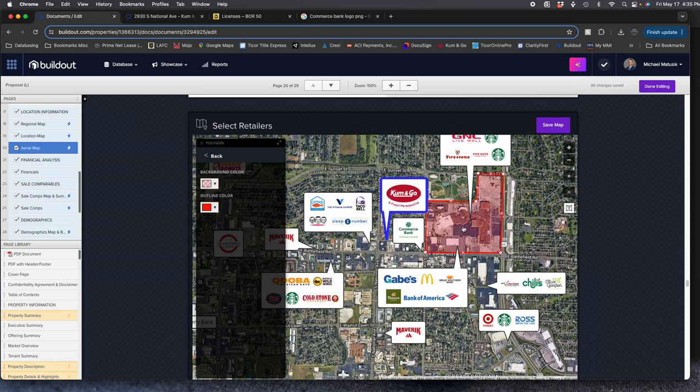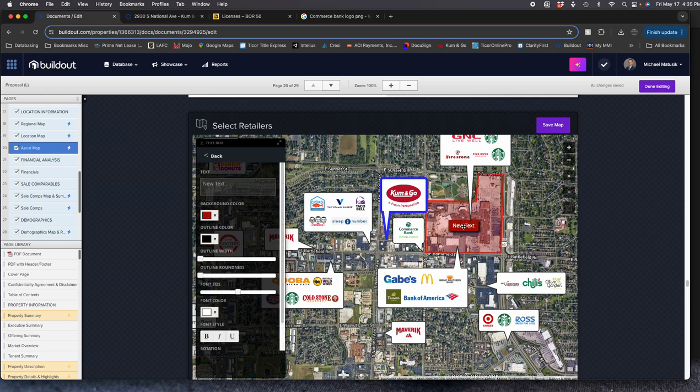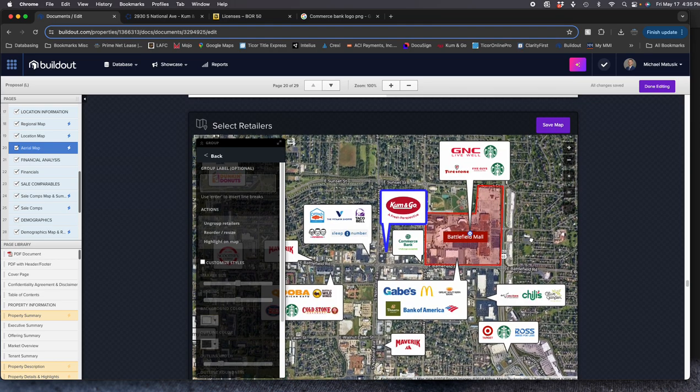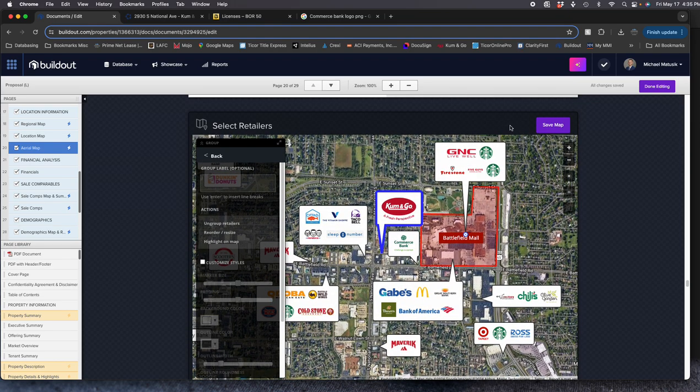Then you take a little text box and put the text box in there. Then we'll type in Battlefield Mall. That's just one of the highlights that you can put in. We also have a medical center down below, but we'll keep that out just so we can keep this in. Once you're done with the map and you've got everything in there,